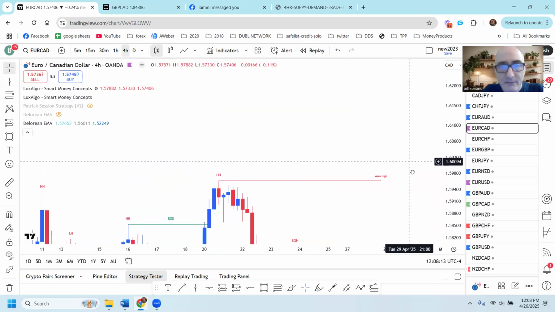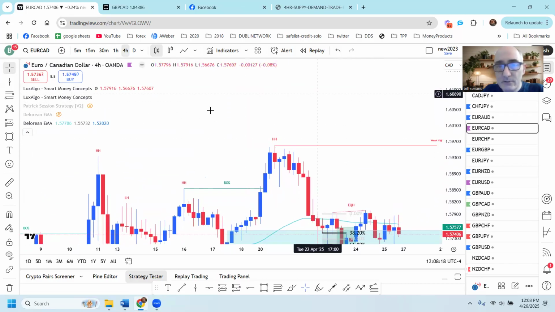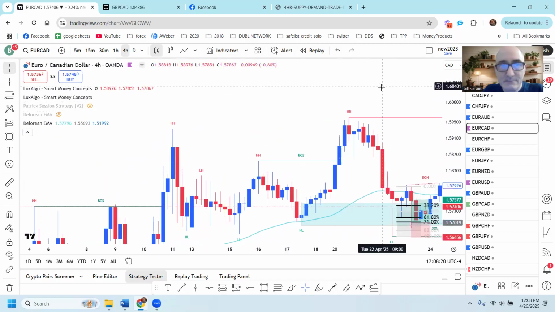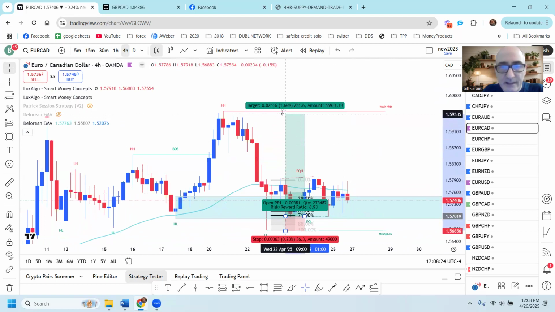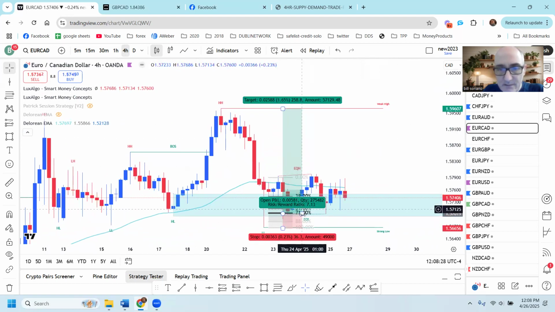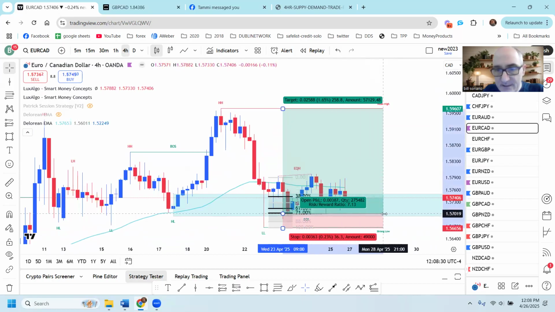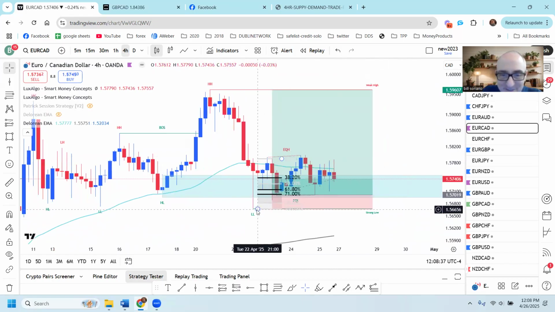And then we don't have a supply zone because price is at new highs. So when you don't have a supply zone, you just use the last high right there. So this is set up as like a 1 to 7.13 trade. Again, I think even if you put this a little bit lower, even if you go down to this low here,